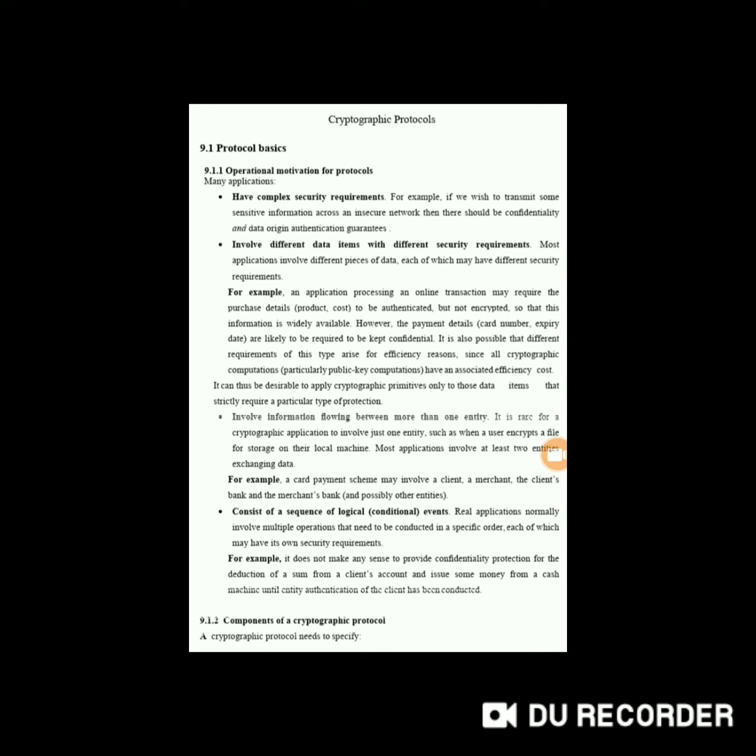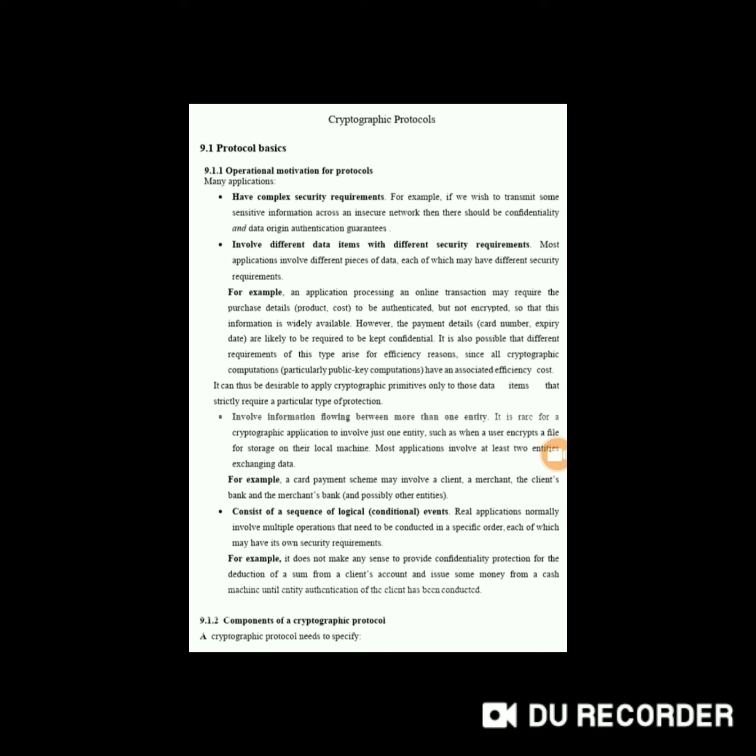So it consists of a sequence of logical events. In this, real applications normally involve multiple operations that need to be conducted in a specific order, each of which may have its own security requirements.